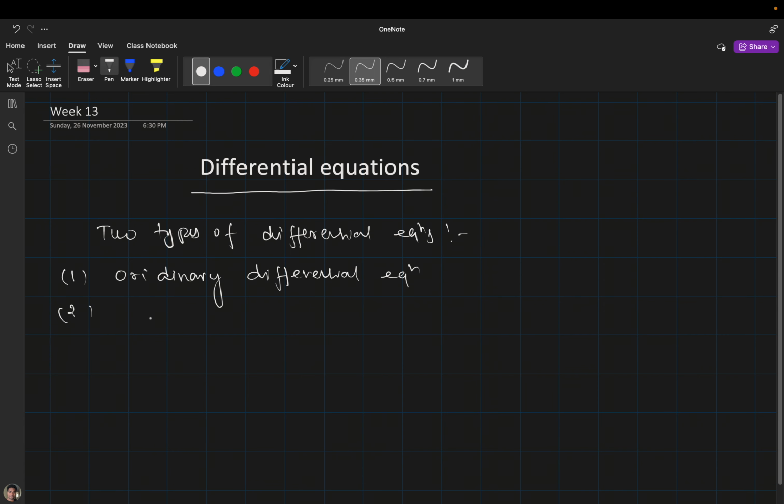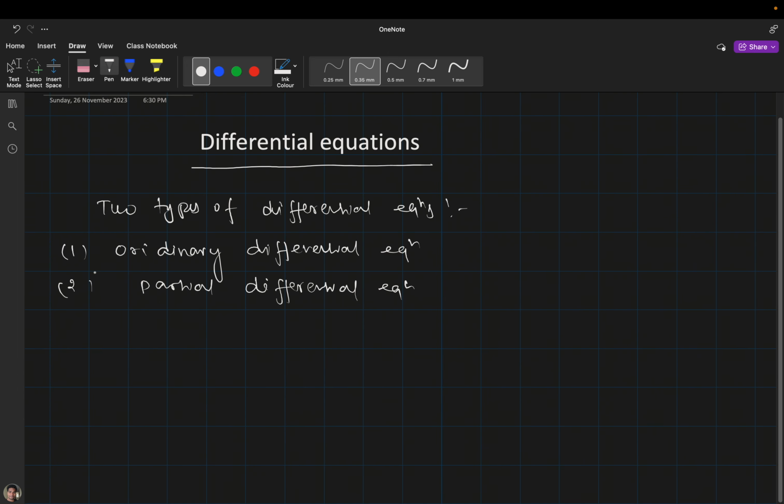And second one is called partial differential equation. Okay. So in short it is called ODEs,